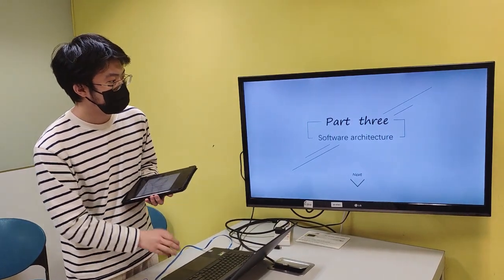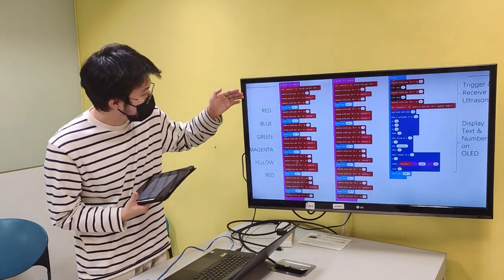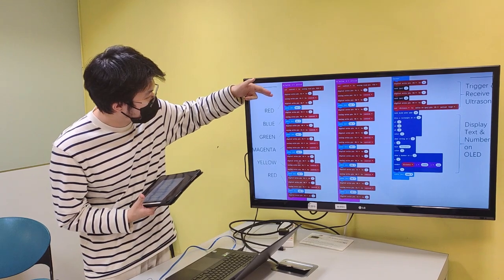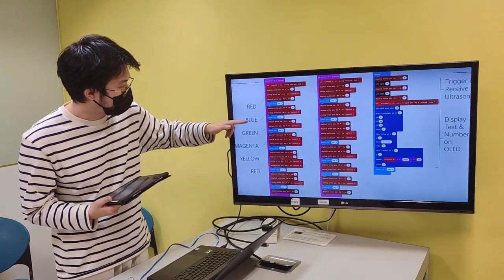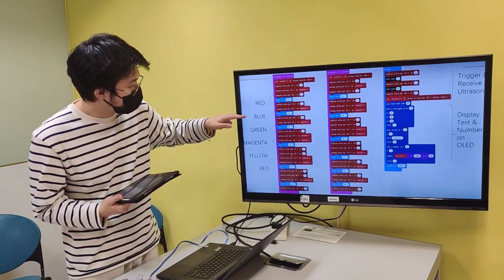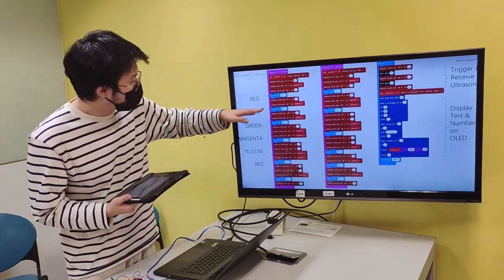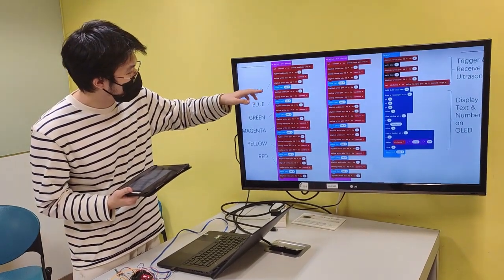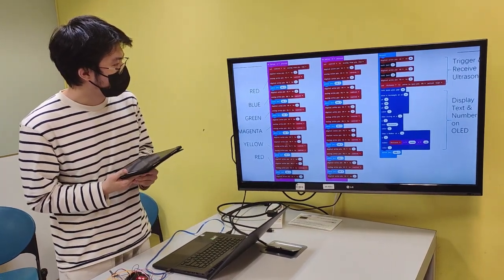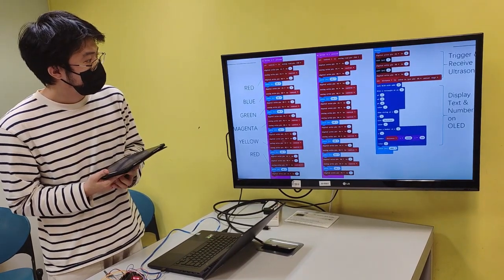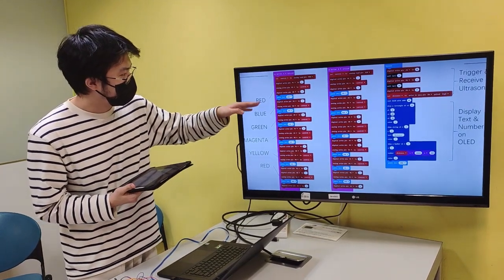Part 3 is software architecture. Here is my code. This part represents red color. Red color turns on red color. This part turns on blue color, and so on. And before turning on the next color, there is a pause of 500 milliseconds to get an effect of blinking every 0.5 seconds, and then after the pause,